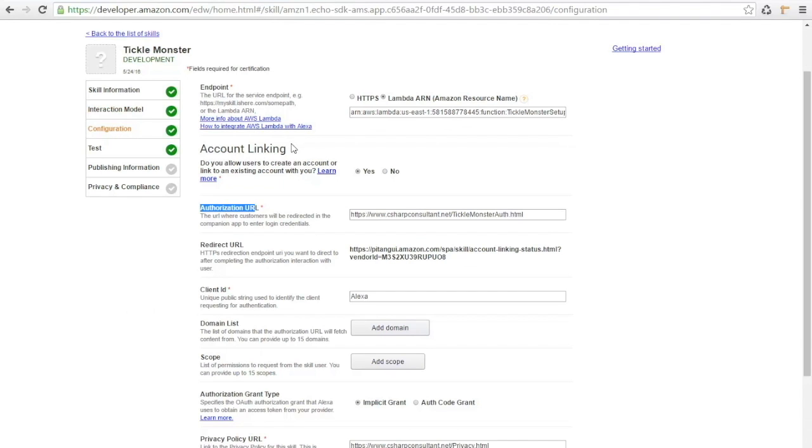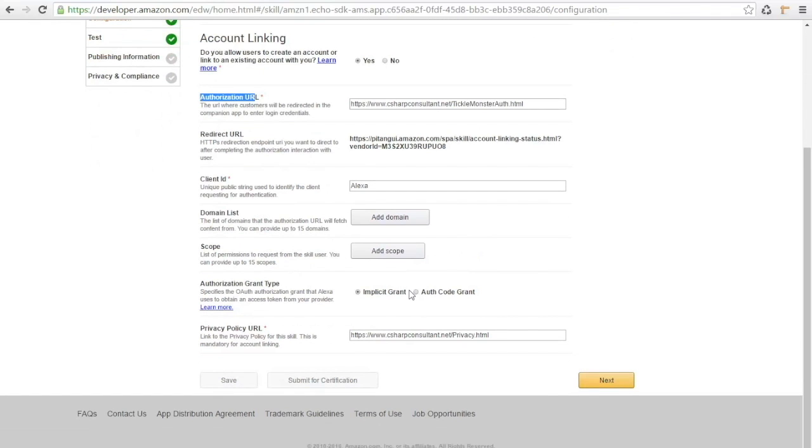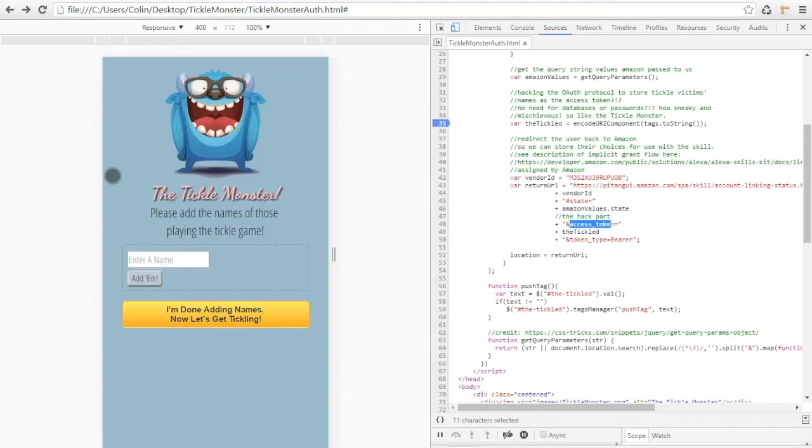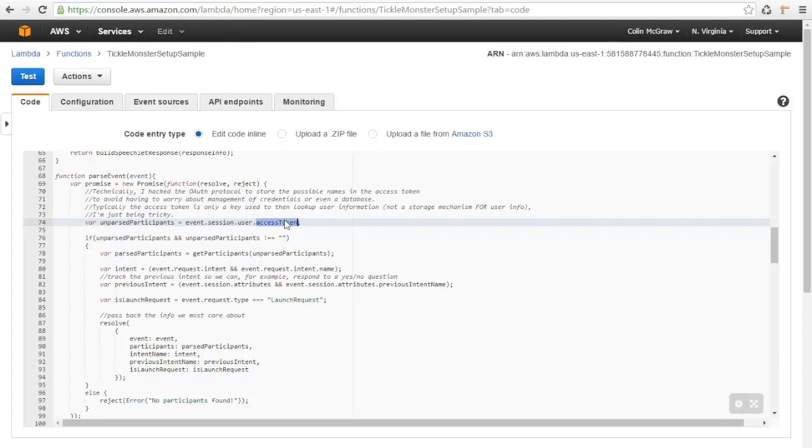Last video, we set the configuration to use account linking, specifically an OAuth2 implicit grant flow. And the way this would typically work is you'd set up an authorization URL here. When the user activated your skill, they'd be directed to a login page. On the login page, they'd enter in their username and password. You would derive some sort of unique token to send to Amazon to associate with the user. Later, Amazon would send that access token back to you in each request the user makes to your skill, and